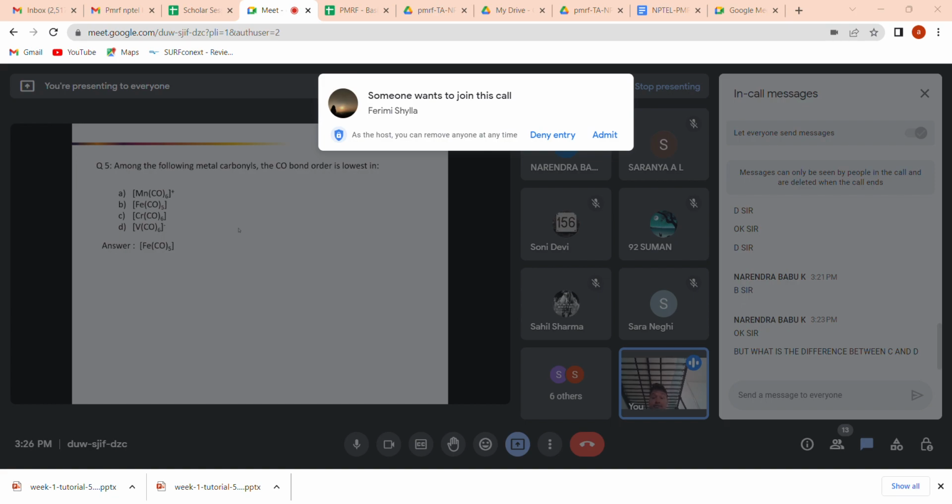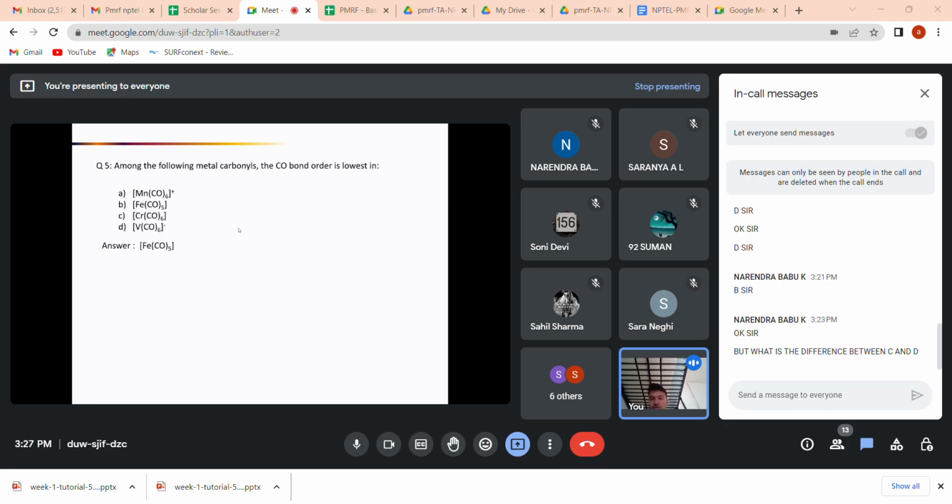That will be determined by the number of electrons in the central metal ion, that's magnesium, iron, chromium, or vanadium. And how strong the back bonding is in each of those complexes is going to determine it. If there is more back bonding to the carbonyl, then the CO bond order will obviously decrease, because the electron will go to the anti-bonding orbital. So you have to find the complex which is going to give the best back bonding,